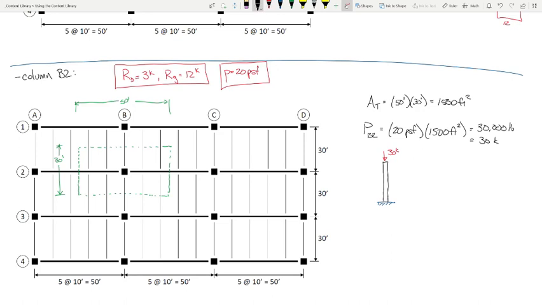But another way is to look at that column in the framing plan. How many beams are framing into that column? 1, 2. How many girders? 1, 2. So another way is to say